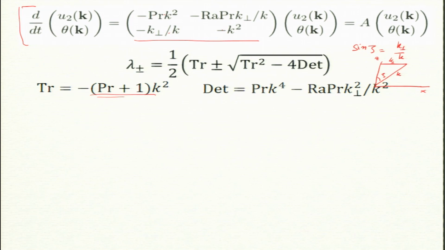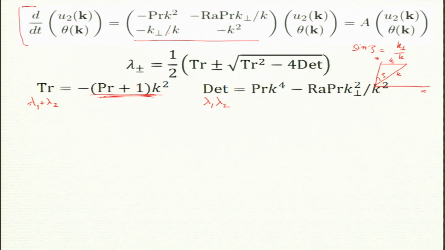Now, let us look at whether one of the eigenvalues is always negative. If you must know this theorem, lambda 1 plus lambda 2 is equal to the trace, the sum of the eigenvalues equals the trace, that is a theorem of linear algebra, and the product of the eigenvalues is the determinant. Now, the sum is negative, and of course, we need to check whether they are real or not. If they are complex, then they have to be complex conjugates of each other, and the imaginary part must cancel, because the trace is real, the Prandtl number is real, and k squared is real.